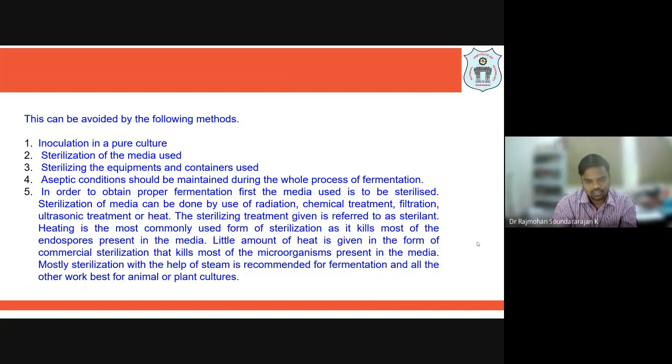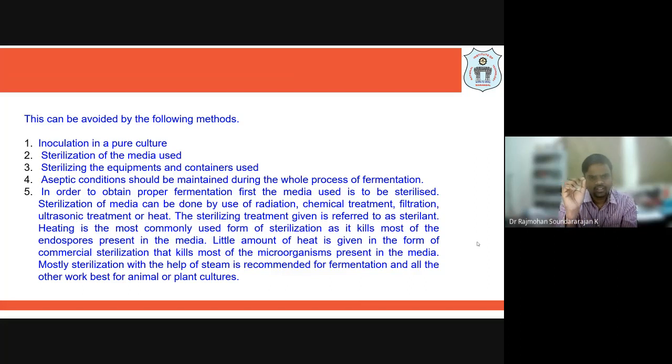Because the same in large scale, when the growth medium, nutrient, substrate are there, if any contaminant, what is contaminant? It is nothing but something else which we don't want to be in the system, we have to call it a contaminant, right? That is also a microorganism that also needs nutrients, that also will grow under this particular pH and temperature, that also will consume the substrate, right? So that way there is a challenge.